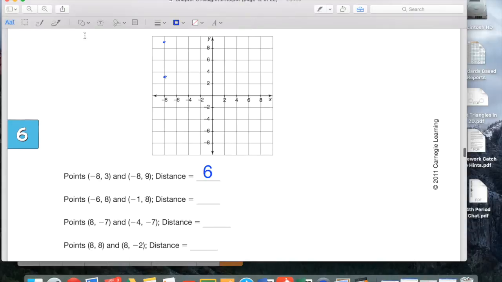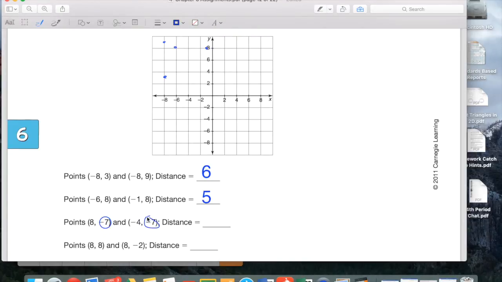And then we have -6, 8, -1, 8. So those are horizontal. We just have to look at the difference between -6 and -1, and that is 5. Hopefully you can kind of see a pattern here. We've got -7